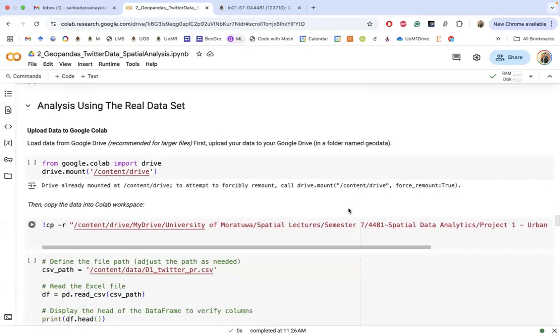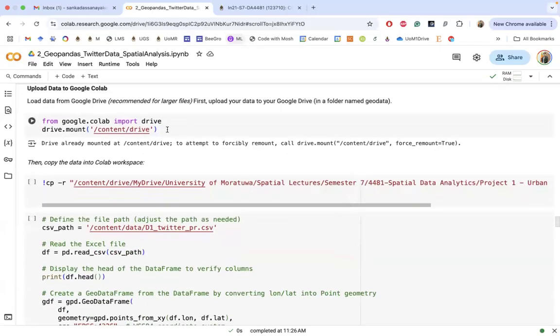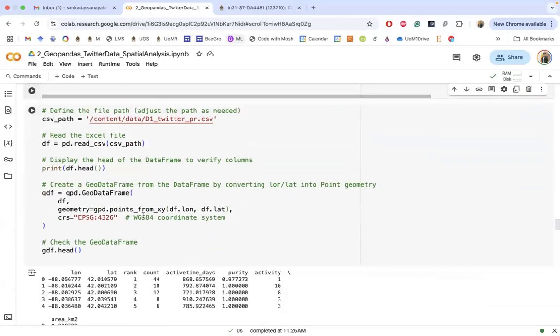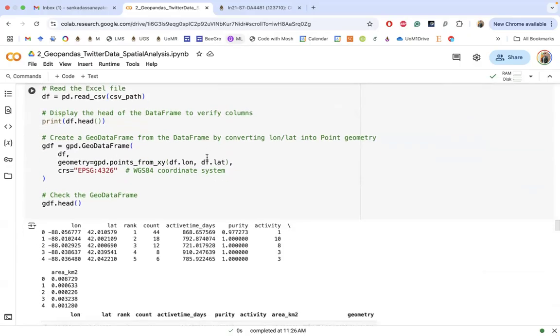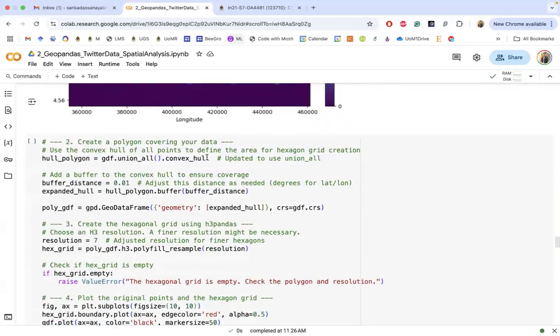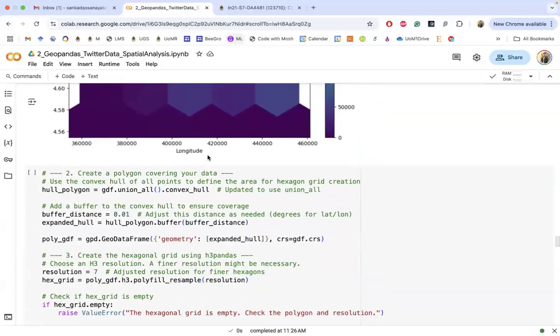Next part is the real data set. So in the real data set, I have used the tactic that I used in the previous case as well, creating the drive folder, copying the drive folder to where you are doing your study, and then this Twitter data is coming from your project one data set, the data set that everybody has by now. And the same analysis, right? Same analysis, the codes can be slightly different in some cases,